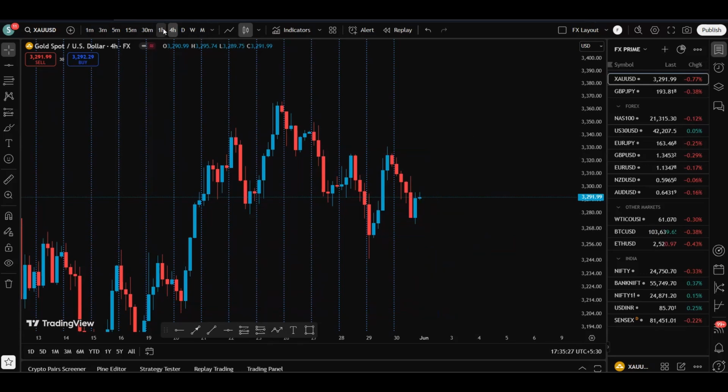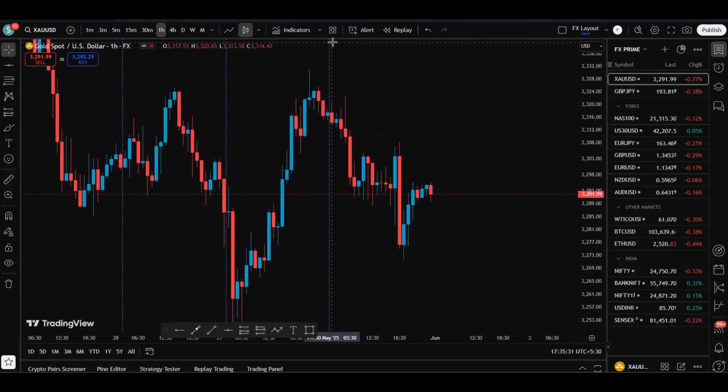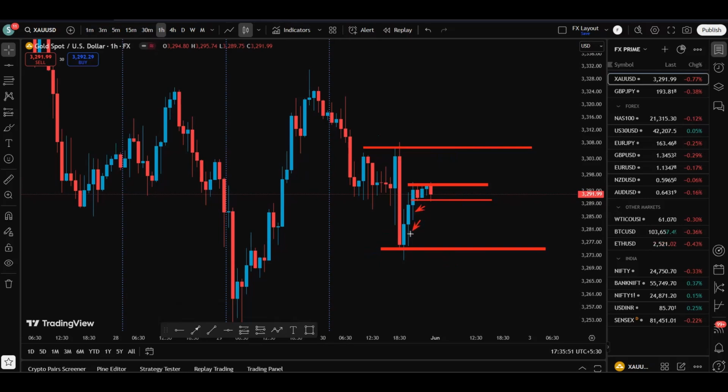Now let's go to the 1-hour time frame to see exactly what is happening. On the 1-hour time frame, we can see that we have this resistance, and then we have another resistance right here. We have this support, and we have another support right here. Although on the 1-hour time frame it seems like we have a clean range here, if you see this weak, and then we have this another weak, if you go to the lower time frame, 30-minute or 15-minute time frame,